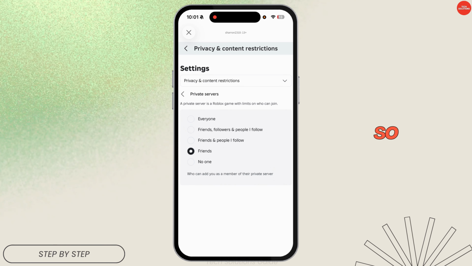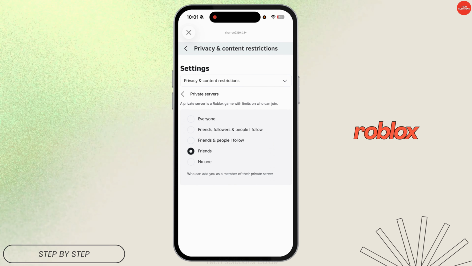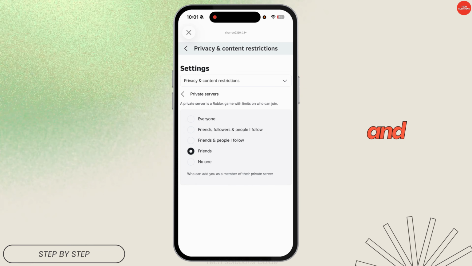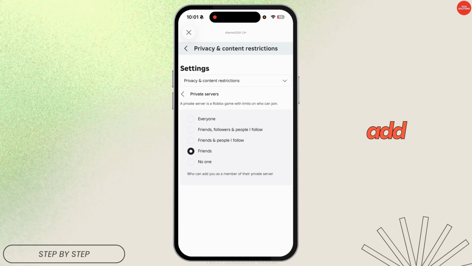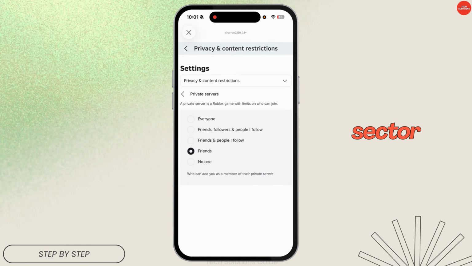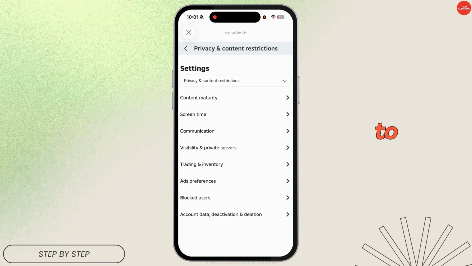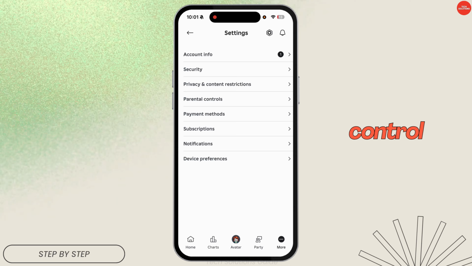So here, a private server is a Roblox game with limits on who can join. You can select everyone, friends, followers and people you follow, and you can also add as a member of their private server, and you can go back and here you can go to this parental control in the top,